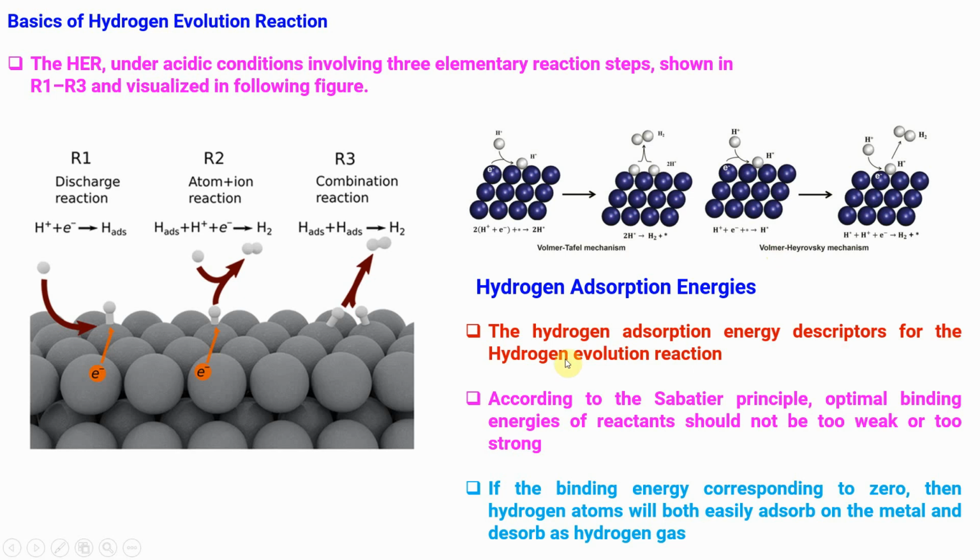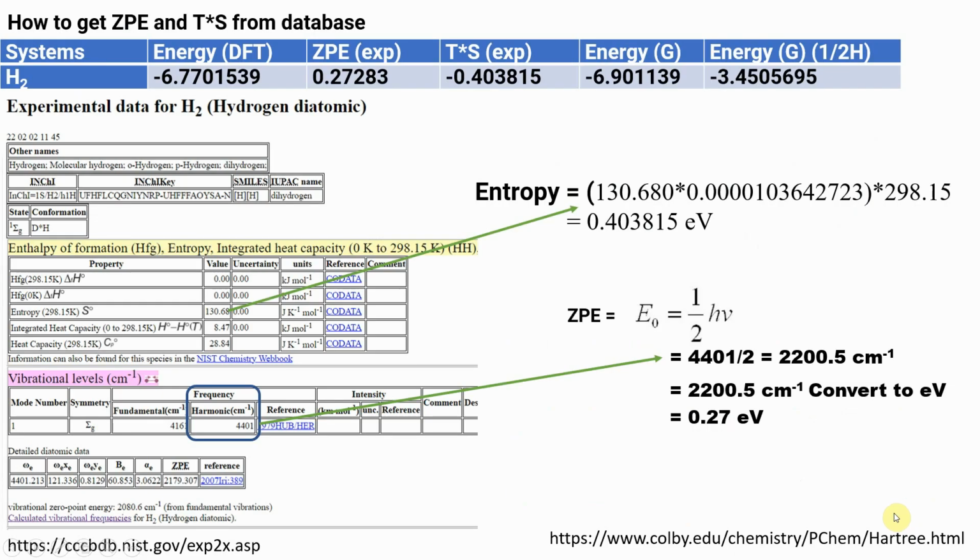So, hydrogen adsorption energy is the descriptor for the hydrogen evolution reactions. According to the Sabatier principle, the optimal binding energy of the reactant should not be too weak or too strong. If the binding energy is close to 0, then the hydrogen atom will both easily adsorb on the metal and desorb as